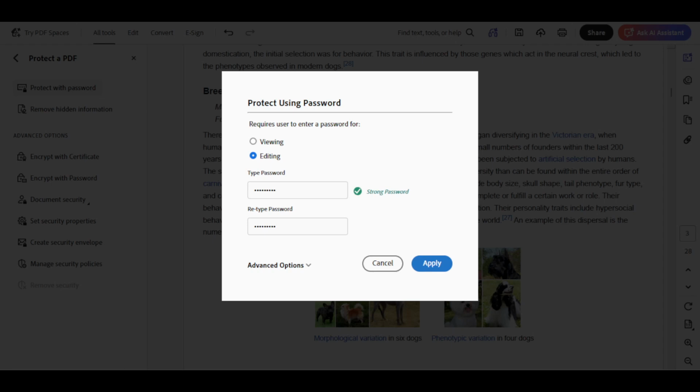And there you have it. Your PDF is now protected with a password. Remember to store your password in a safe place and share it only with individuals who truly need access. This simple yet effective method will keep your document secure and give you peace of mind knowing your information is